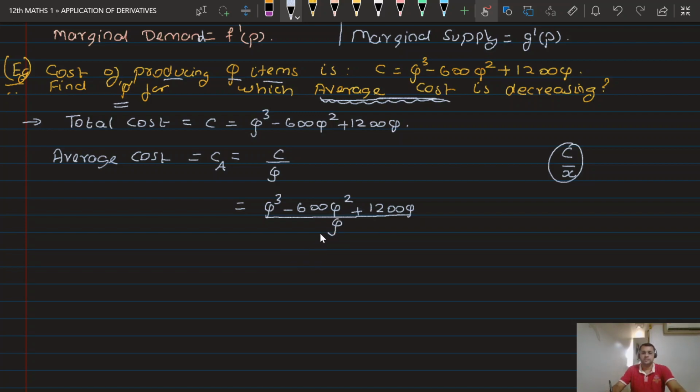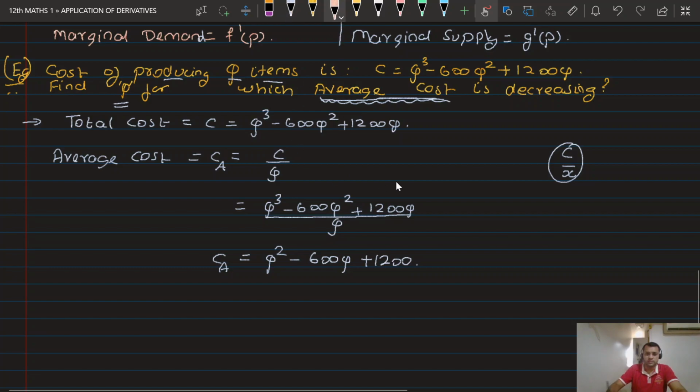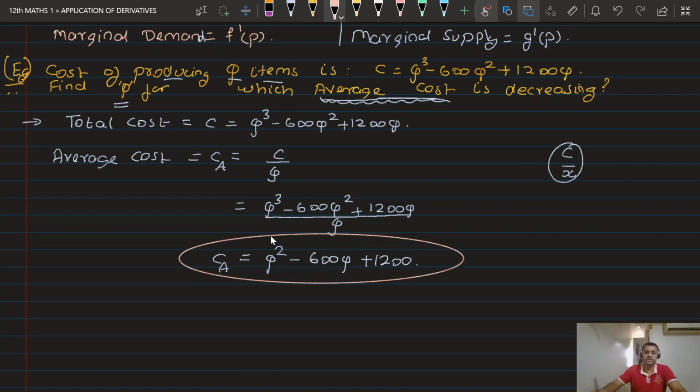When we divide all the terms by q, you get the average cost as plus 1200. Now guys, this is the function for which we have to find q such that the average cost is